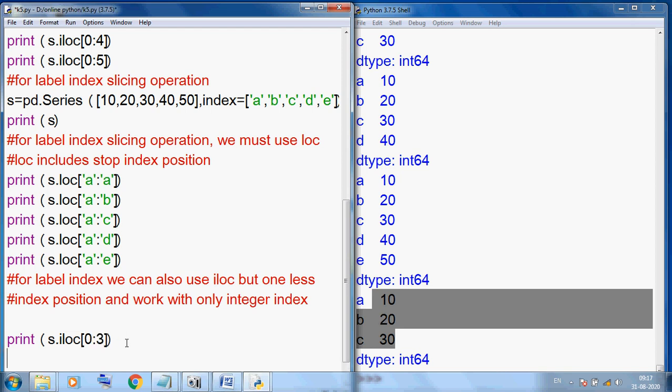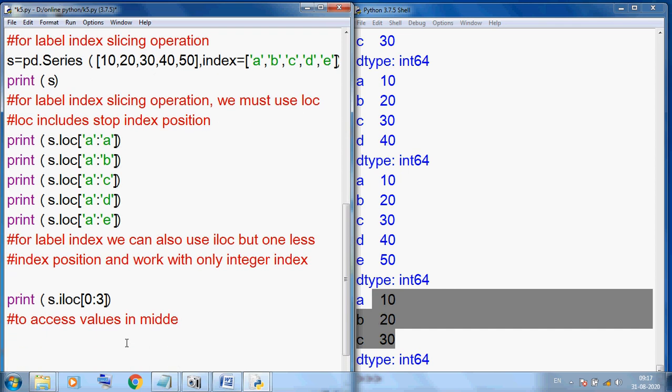To access values in the middle, we can also access values from the middle. So we can use print s.iloc, and here I am using 2:5. So what is the output? You can see 0, 1, 2; index 2 is 30, then 40, then 50.